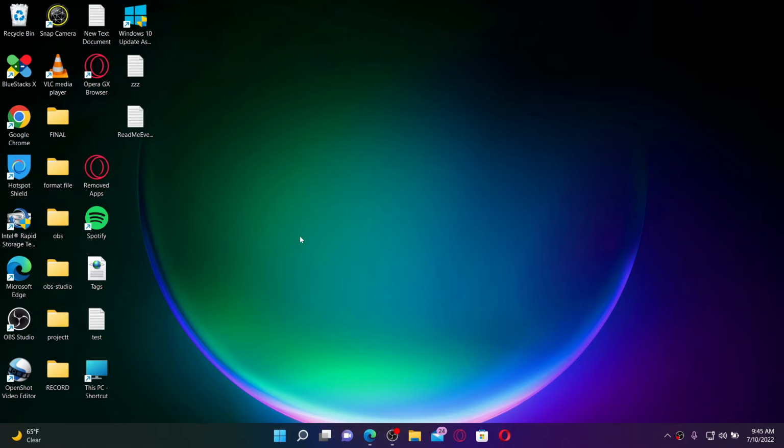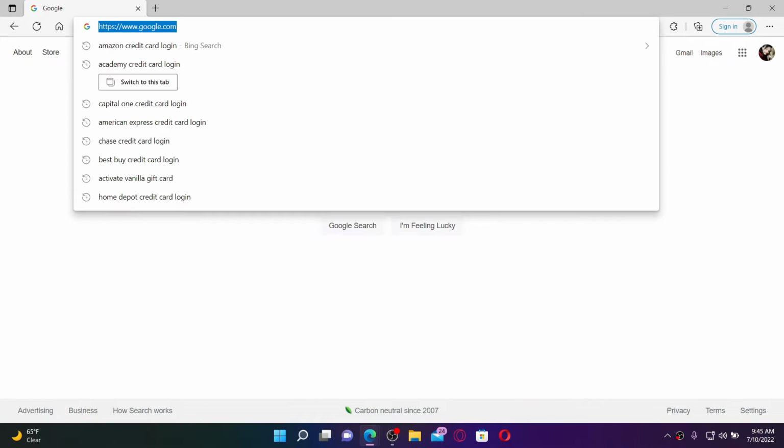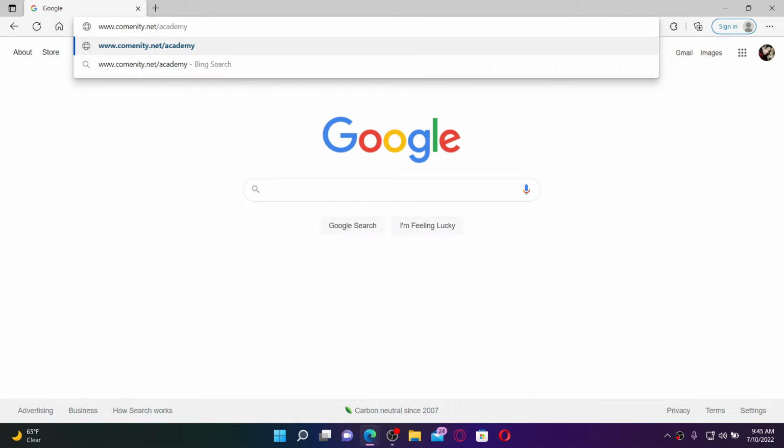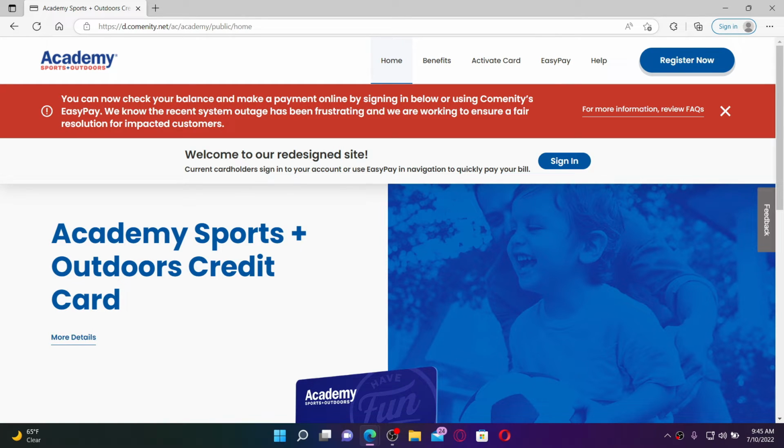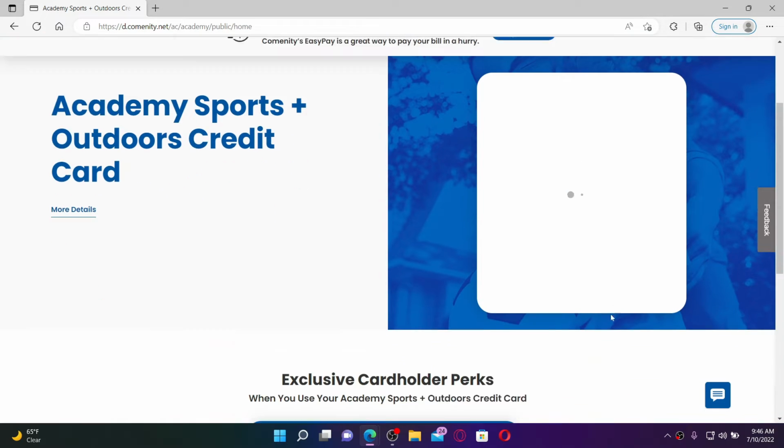To log into your Academy credit card account, open up a web browser. Go to the URL box at the top and type in www.community.net/academy and press enter on your keyboard. You'll end up in the official web page of Academy Sports and Outdoors, which looks like this. Click the sign in button on the right hand side of the screen and this will bring up the login